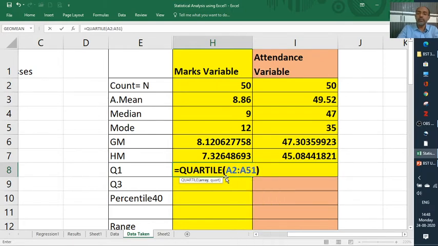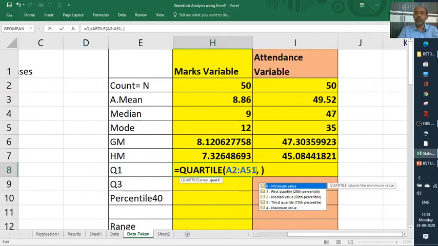There are 50 students, starting from A2 to A51. Then we have one more argument we need to put. Quartile means 0, 1, 2, 3: first quartile, second quartile, third quartile. Even we know the median is also called the second quartile.